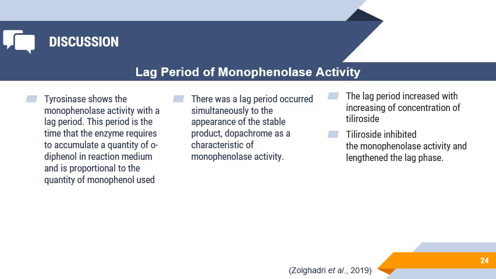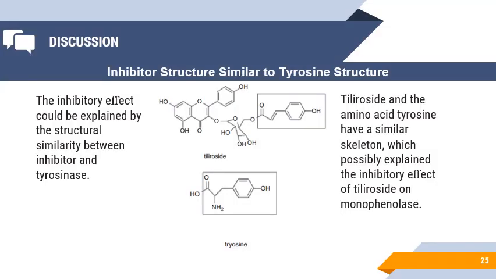Like in the result in the slide before, the lag phase is lengthened, longer at the concentration of 0.337 millimolar, and Tiliroside inhibits the monophenolase activity and lengthens the lag phase. With an inhibitor structure similar to the tyrosine structure, the inhibitory effect could be explained by the structural similarity between inhibitor and tyrosinase substrate. Like in the picture,